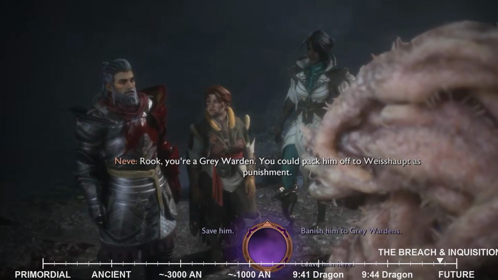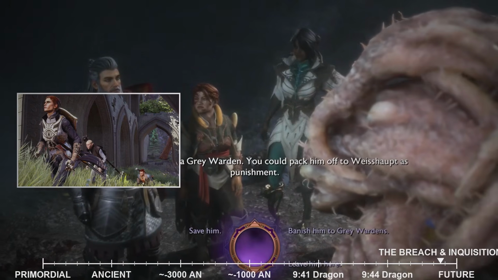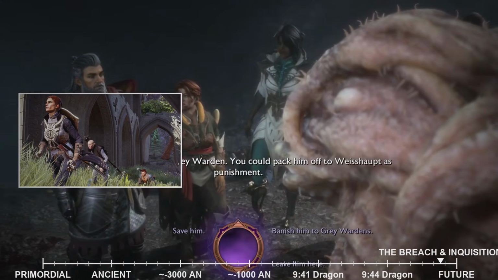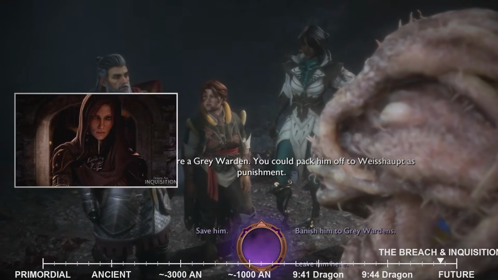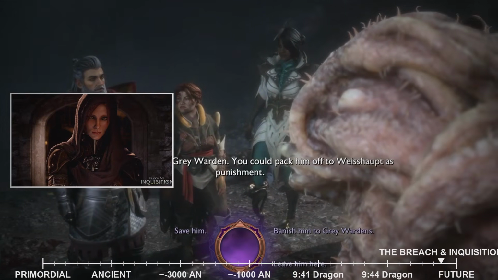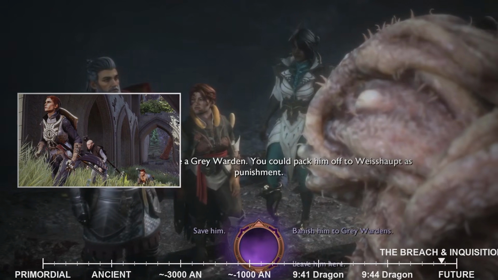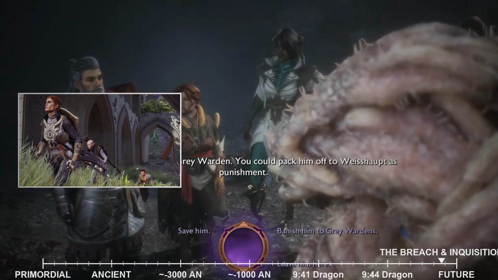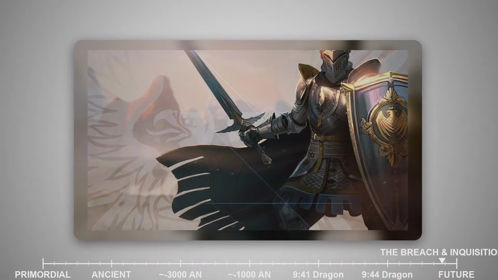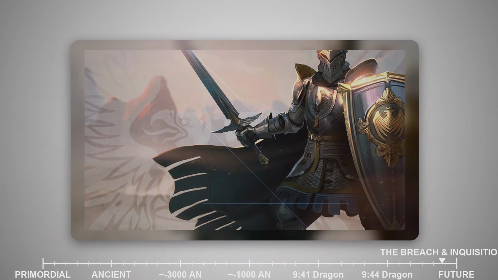Ultimately, the Inquisitor, after much deliberation and often with the guidance of their companions, either chose to exile the corrupted wardens, a necessary evil to prevent a greater catastrophe, or to find a way to break Corypheus's hold, often with the help of those wardens who resisted his influence, thereby preserving their order, albeit at a great cost. The choice had profound consequences, shaping the future of the Grey Wardens in Thedas.